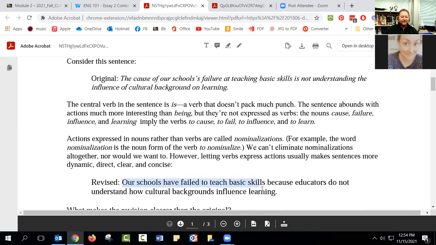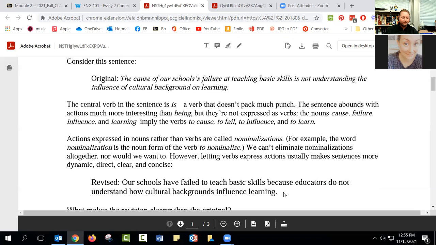But if they would have just written it this way the first time, every one of us would have understood what they're talking about, right? And I'm sure after the sentence, they'll go on to explain in detail how different cultural backgrounds learn differently and how schools could adapt their teaching skills to understand that, right? And this just says it's so much better, right? It's the same meaning, the same intent, but this is much more effective at doing it just because of the